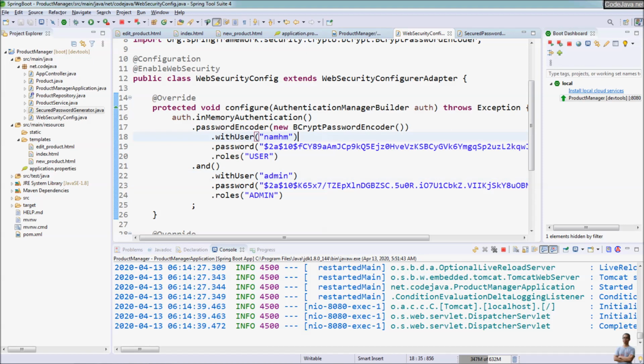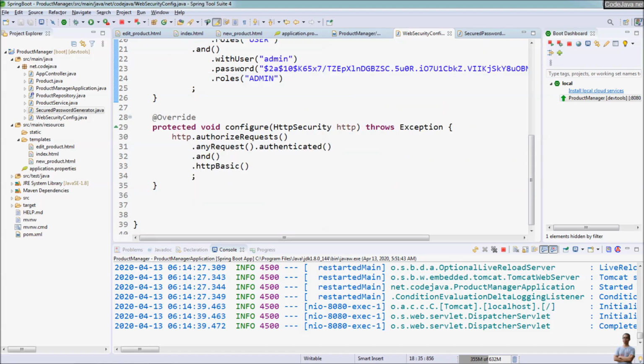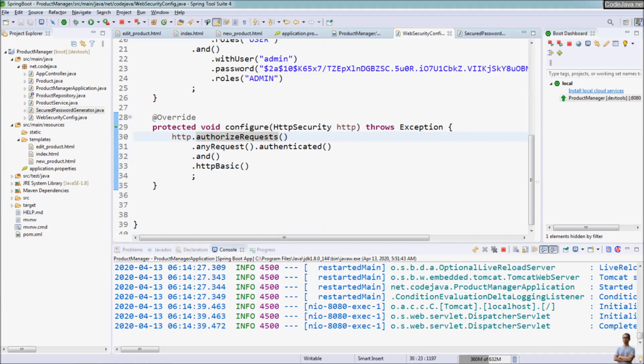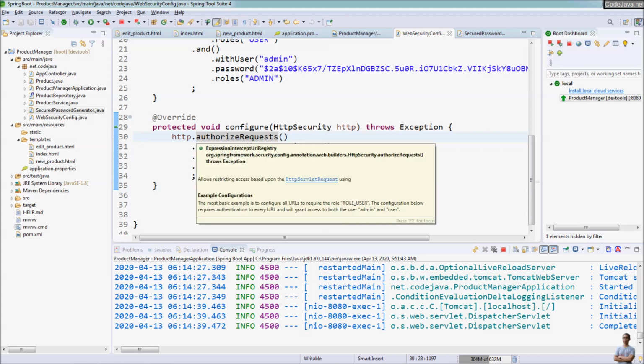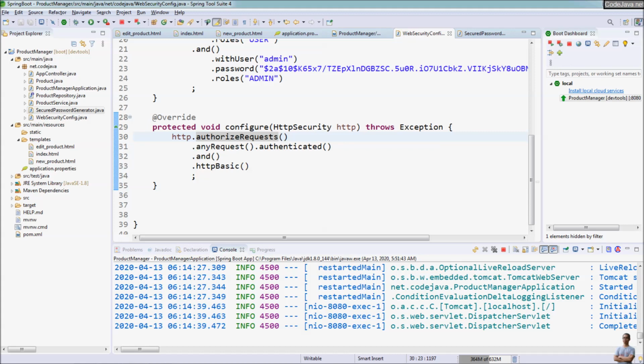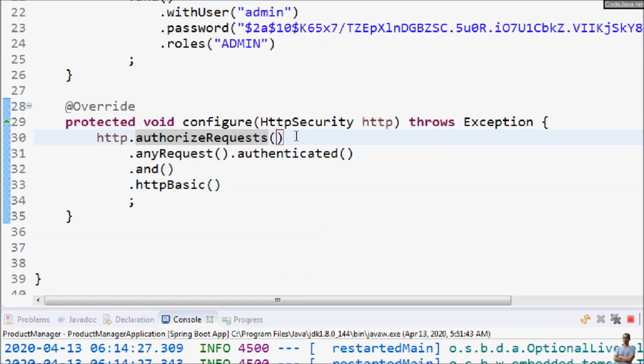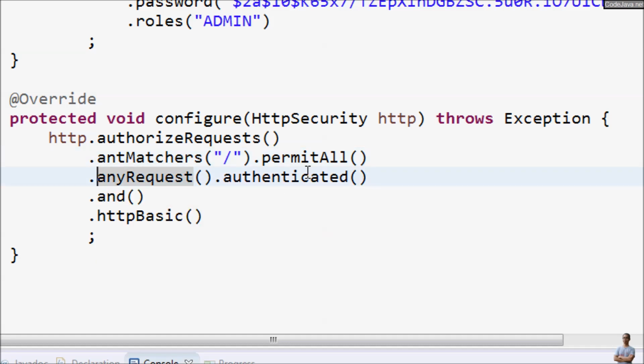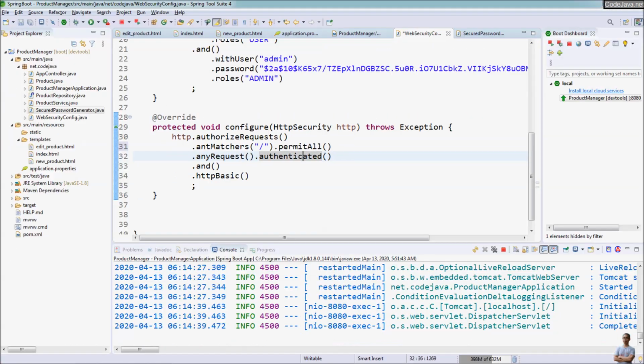And now I want to make some change to the authentication rules here. I want that everyone can see the home page that displays a list of products, and to edit or delete or create new products, the user must log in. So I update this method after authorize request. We use the and method to match the home page and permit all. This means everyone can access the home page without the need to log in. And for other requests, the user must be logged in. Okay, save